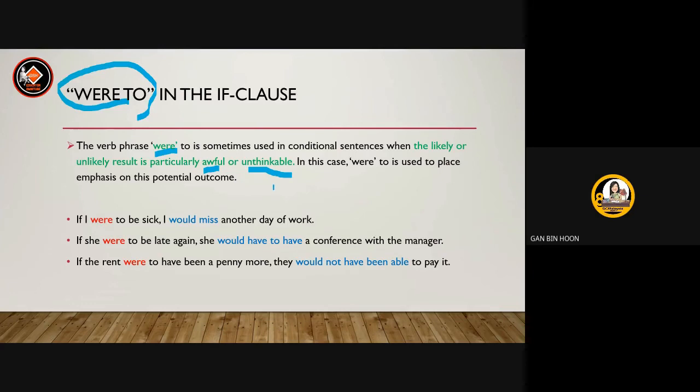Bermaksud kalau awak tulis ayat, outcome dia, akibat dia tak mungkin akan berlaku. So in this case, were is used to place the emphasis on this potential outcome. Were ni digantikan. So bermaksud, are you listening? I, he,